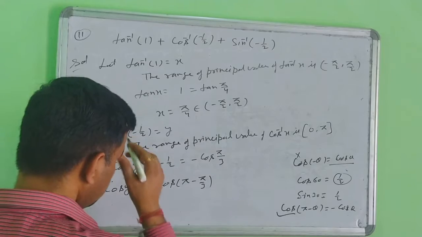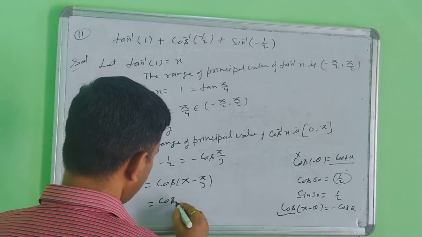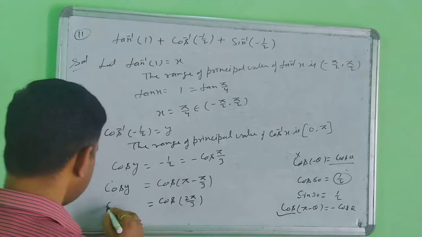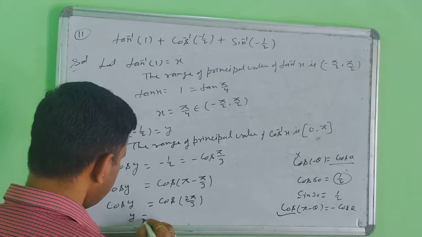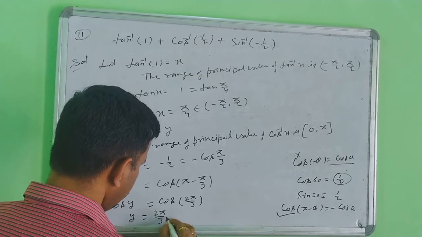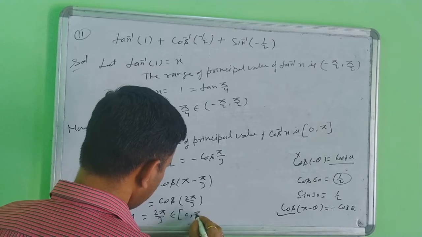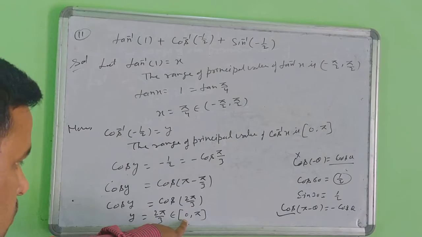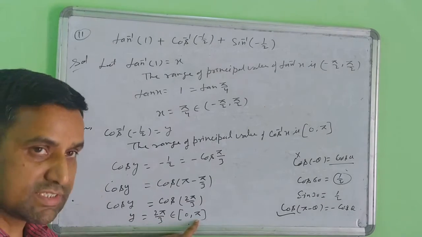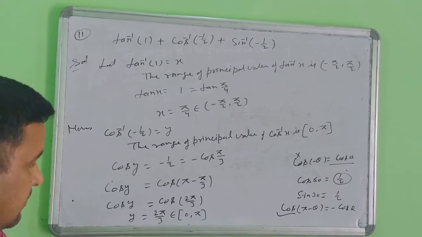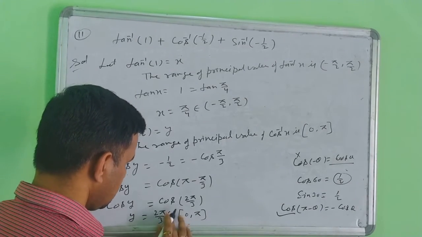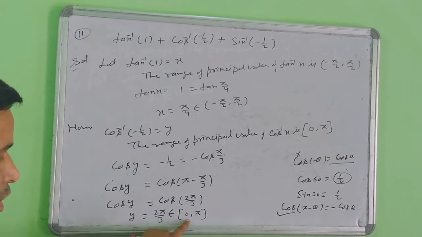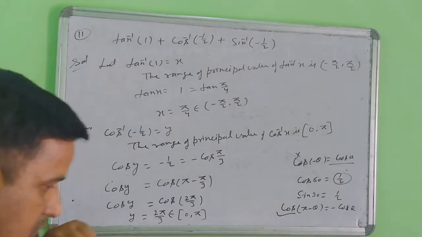Now what value of cos can you use here? So cos of pi minus 2 pi by 3. This one is cos y. So what is the value of y here? It is 2 pi by 3, and it should belong to the closed interval 0 to pi. So now check whether 2 pi by 3 belongs to 0 to pi or not. First you check if 2 pi by 3, the solution of this cos y, belongs to this range or not. Suppose it belongs, the answer is correct. If it does not belong, the answer is not correct.